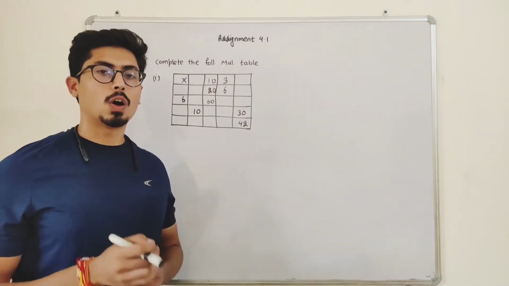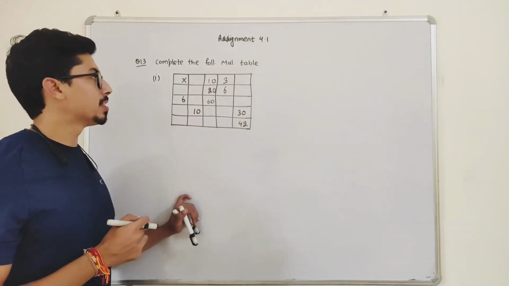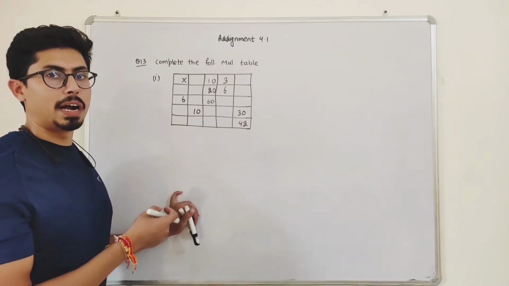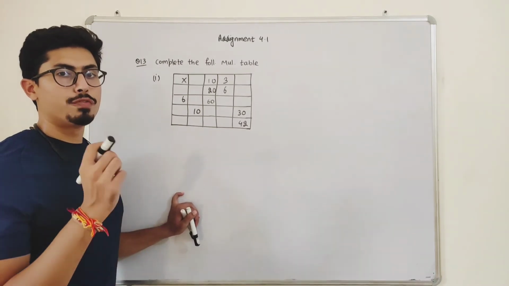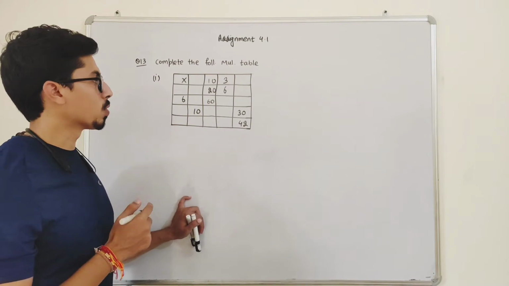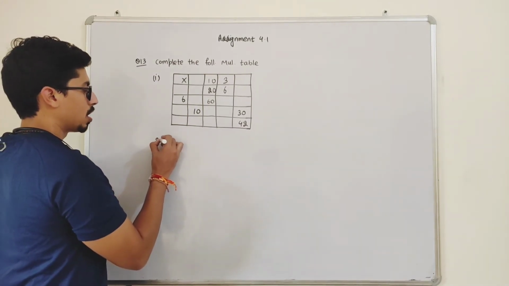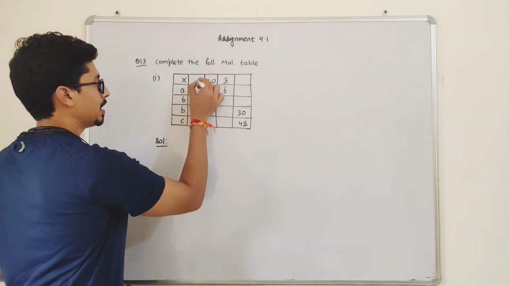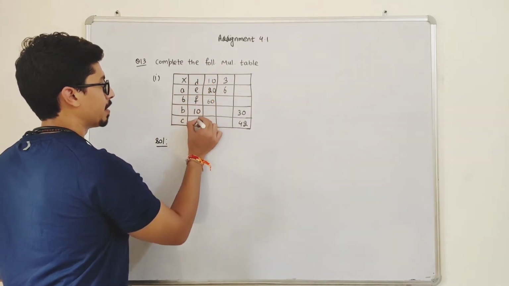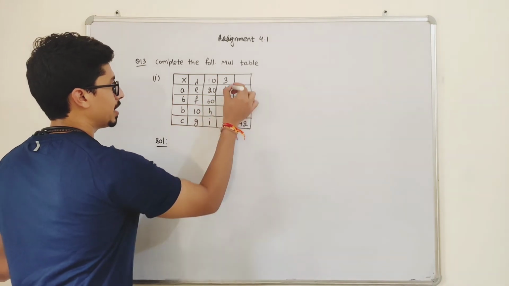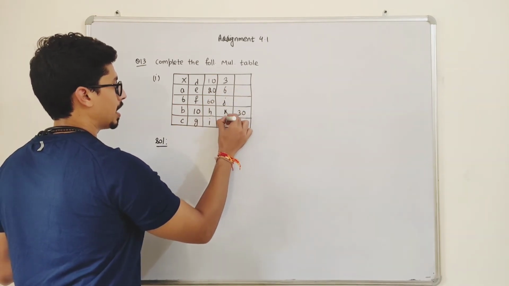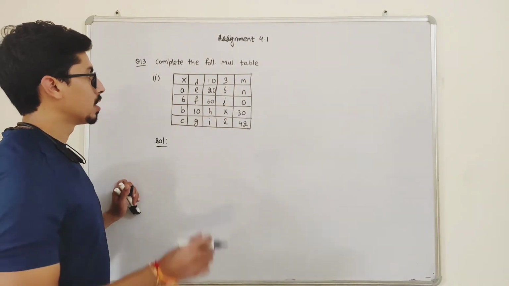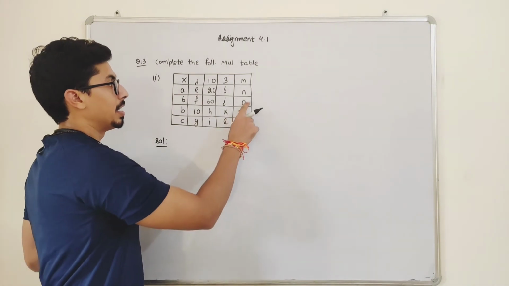Okay, students, now coming back to the first part. Similarly, as we have discussed in the previous part, in this part also I have to find out the blank spaces. So first of all, do the same thing, let them be A, B, C, D, E, F, G, H, I, J, K, L, M, N and O. Okay students, so see, it is 0 now.